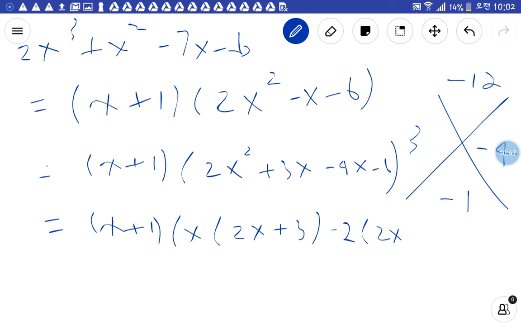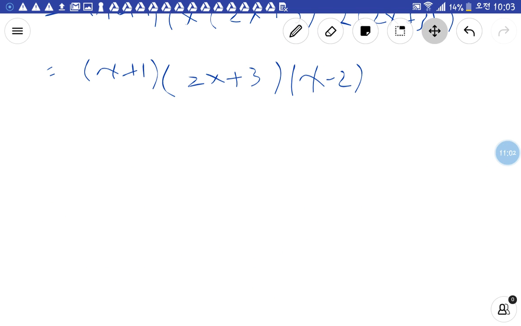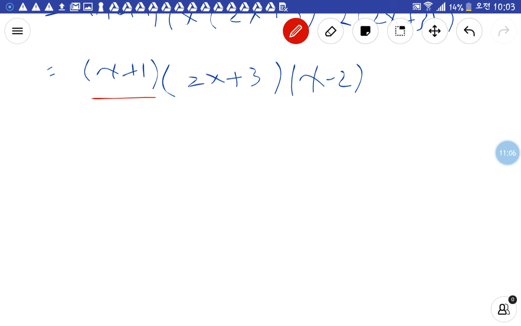You can make a 2x plus 3 here. So x plus 1, and take out your common factor, 2x plus 3, and you can finish up the factoring like this. Alright, so by applying the zero product property, I can get my answer